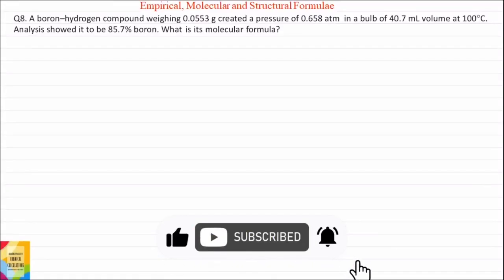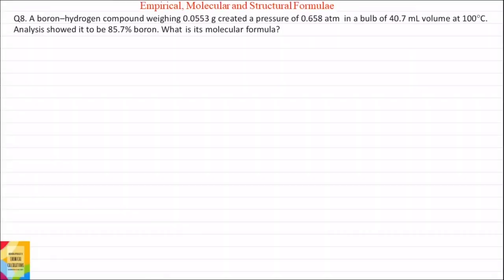Question 8. A boron hydrogen compound weighing 0.0553 gram created a pressure of 0.658 atmosphere in a bulb of 40.7 milliliter volume at 100 degrees centigrade. Analysis showed it to be 85.7% boron. What is its molecular formula? Percentage of boron in boron hydrogen compound is 85.7%. Therefore, percentage of hydrogen will be equal to 100 minus 85.7,